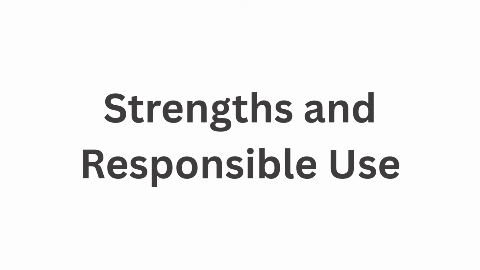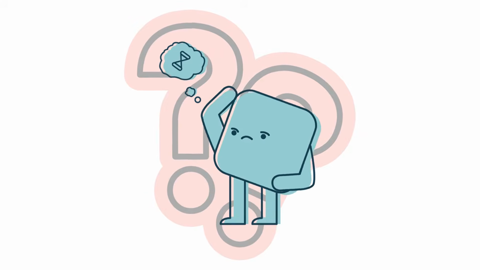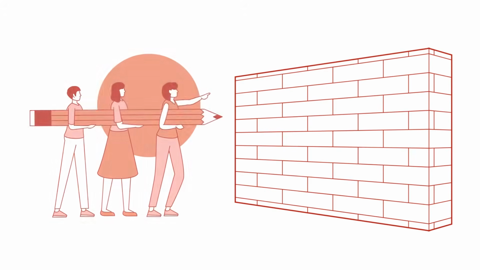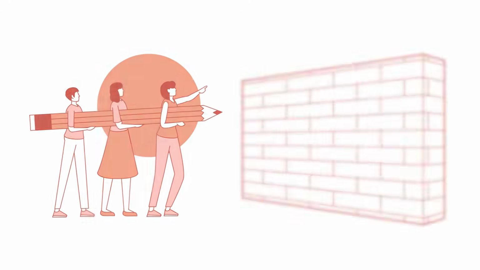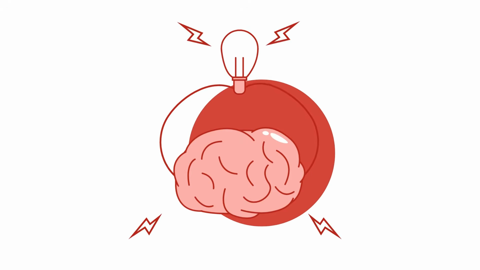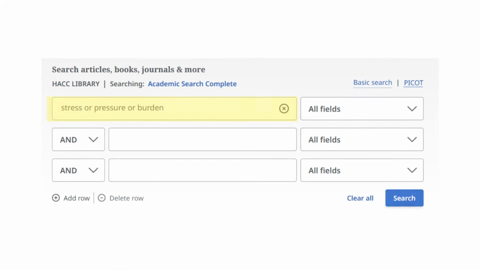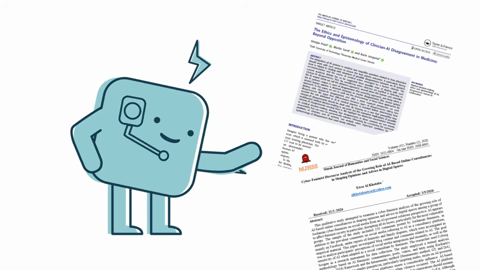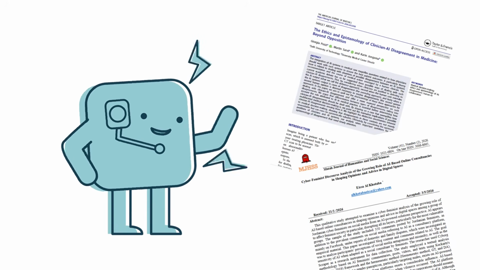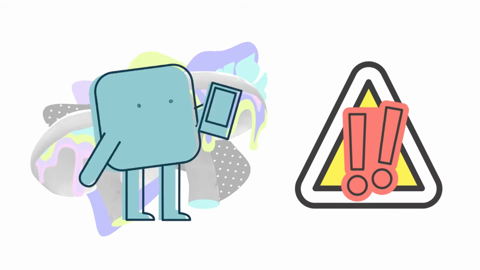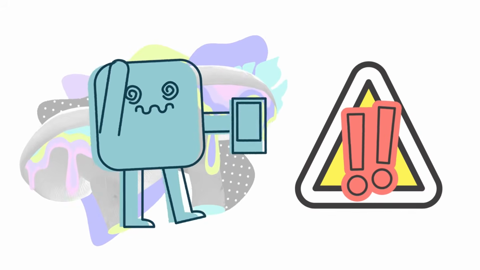Strengths and responsible use. So is AI actually good for anything when it comes to research? AI can be great for overcoming writer's block by helping you brainstorm ideas and narrow down topics. You could also use it to generate keywords that you can then try out in library databases. You can even ask it to explain complex topics or help you understand difficult readings. Just remember that it can still hallucinate, so you should use AI to help you think, not do the thinking